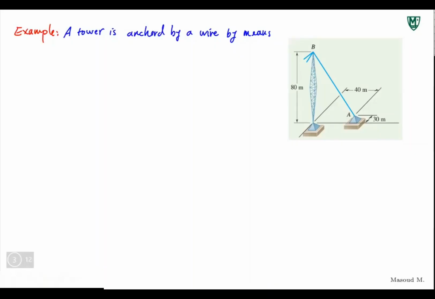By means of a bolt, bolt at point A, right? This is the bolt it's talking about, at A. Now the tension in the wire is 2500 Newton, right? That's given. Now we're asked to determine